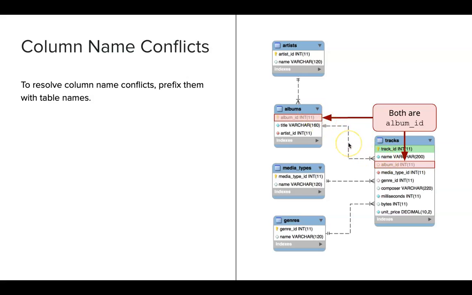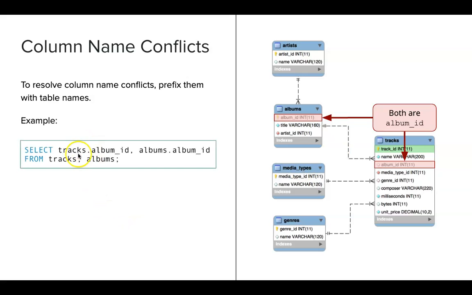Okay, so in order for us to resolve these conflicts, we can actually specify. Maybe you've seen this syntax before, this dot notation. You could specify, I want to get tracks from my album ID, and then albums dot notation. I want to get the albums ID from the albums table. If you've ever seen this syntax before, that's what it means. We can also specify specific tables. We can say table name dot column name.